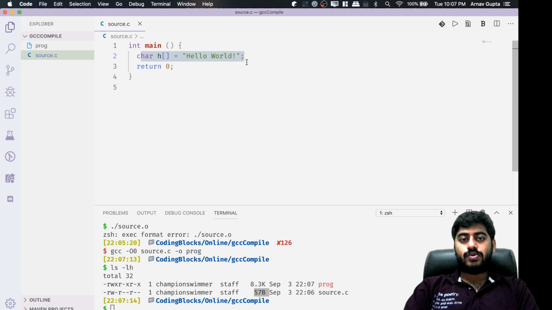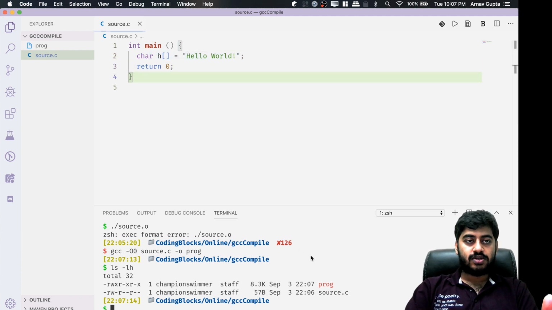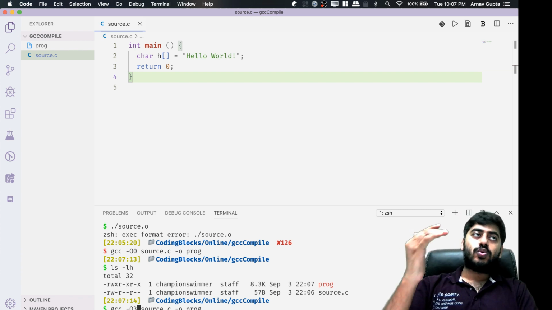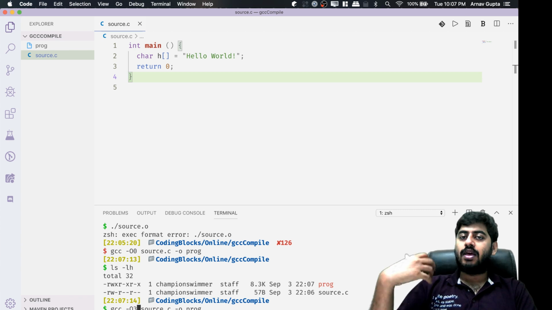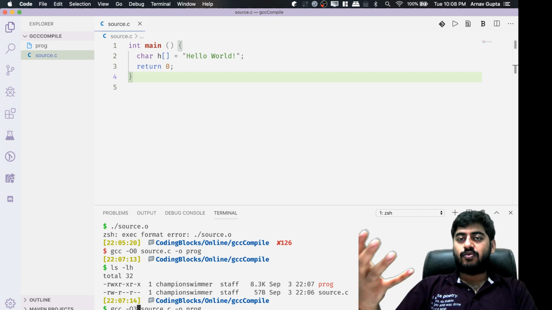character array which we have created and we have not used here. Now I'll show you what the difference is. If I run GCC with O3, which is 3 levels of optimization, there are O1, O2, O3, 3 levels of optimizations that exist in GCC. There are a lot of different optimizations like removing unused variables, removing unused functions, short circuiting constants and stuff like